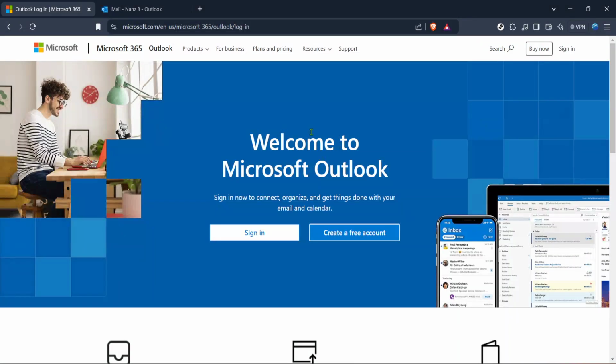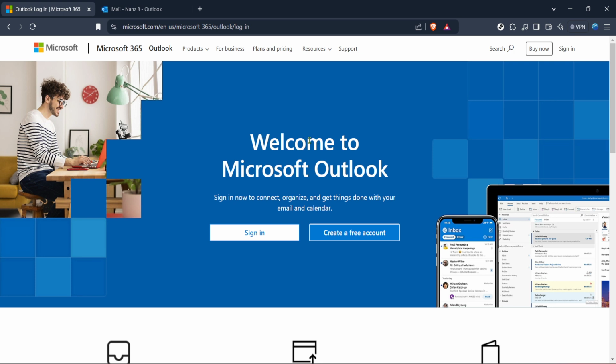In today's video, I'm going to teach you how to make your Outlook calendar private. This is a useful feature if you want to keep certain events or appointments away from prying eyes, ensuring your calendar details are only visible to you. Now, let's walk through the process step by step so that in no time you'll have full control over your